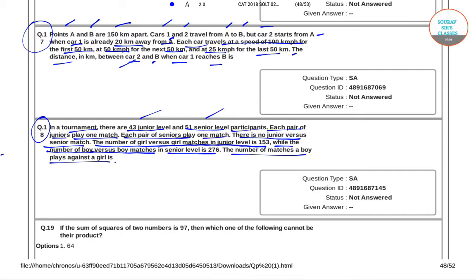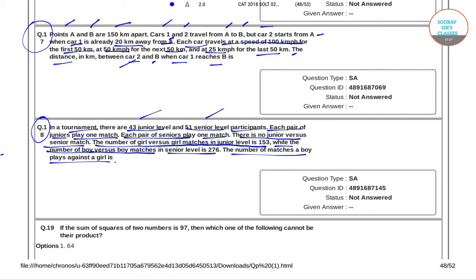So 43 juniors and 51 seniors. Each pair of juniors play one match and each pair of seniors one match. There is no junior versus senior match. Okay, now it has been mentioned that the number of girl versus girl, so there in the junior level students